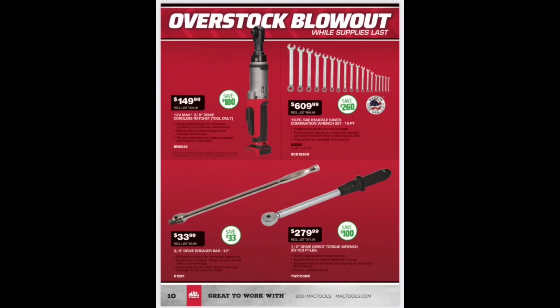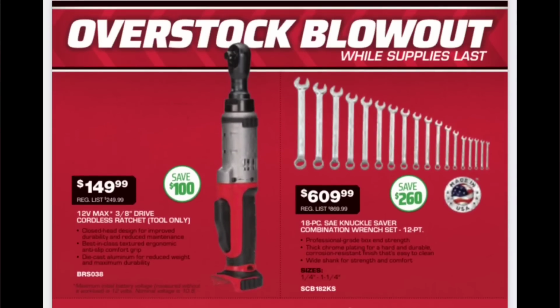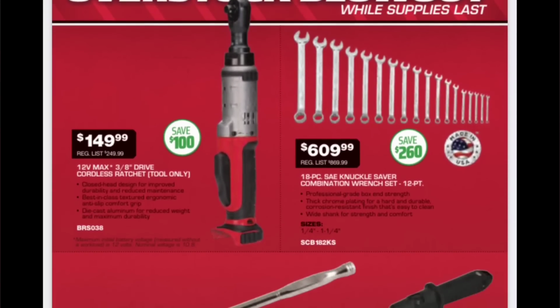This looks like a pretty good deal here. I've heard a ton of people talk about the Mac ratchets being very durable. Nothing really fancy about them, but they're good ratchets. $149.99. This is a great deal for that. I almost wish I could pick up one, just to have one for nostalgic purposes, I guess, because they'll probably end up disappearing when they